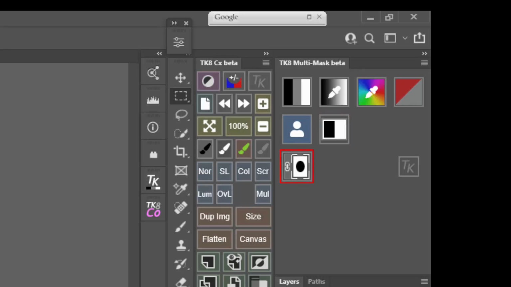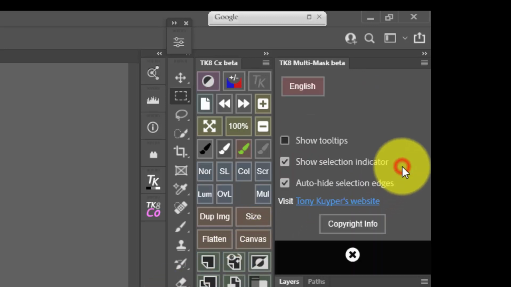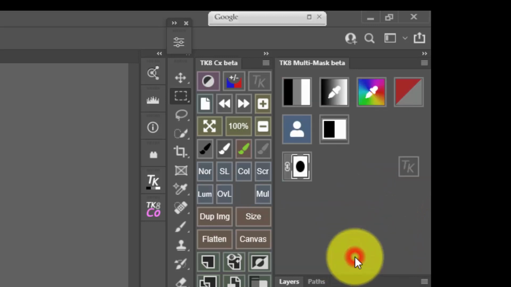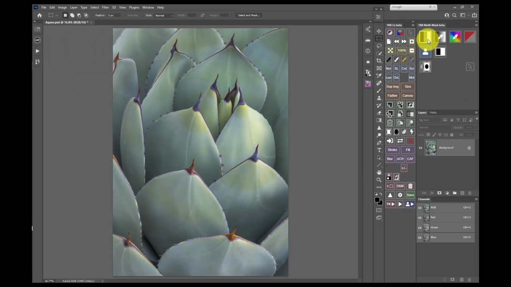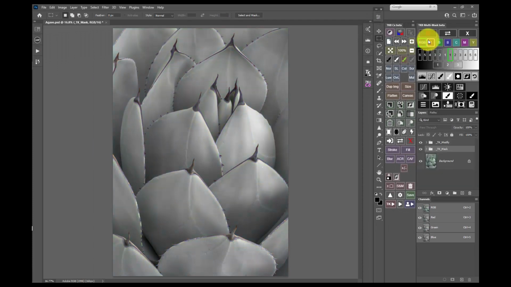This button provides access to the improved layer mask mode, which I'll go over shortly. And the TK button again opens the module's preferences. I'll click this button so we can take a look at the preset luminosity masks interface. The top part of all the different masks is where you choose your mask options. Here I can make lights masks,